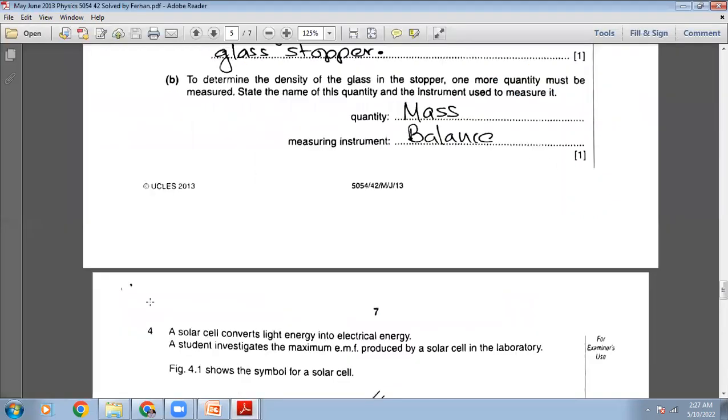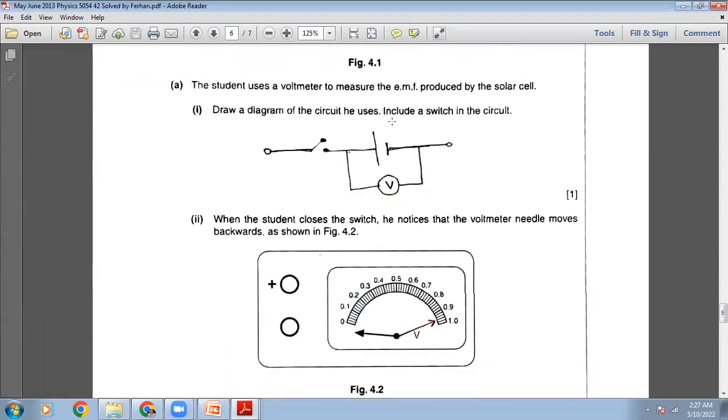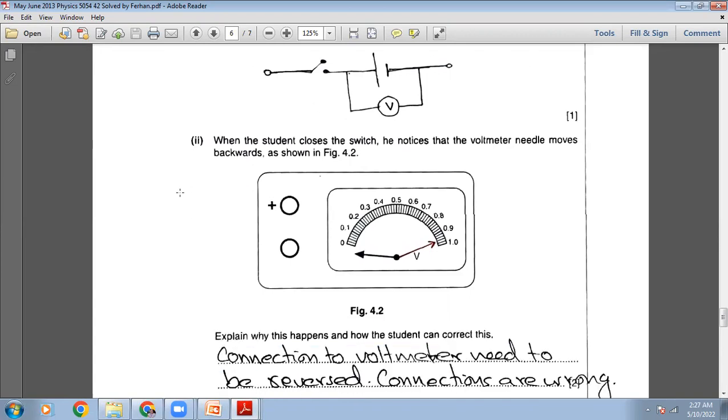1-mark question. So what we'll do, we will show the solar cell. Here you have to put 2 arrows of the light, I forgot to put them here. So here is the cell, and here is the switch, and you have to put a voltmeter parallel to the cell. So that will tell you the EMF of the cell. I just made a mistake. Put 2 arrows of the light here. If you have the hard copy with you, to show that this is a solar cell, you have to put 2 rays of light here. Okay, then he says